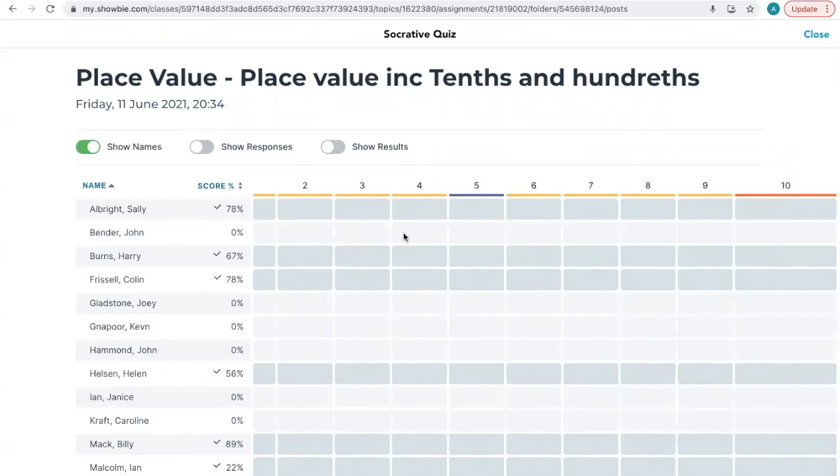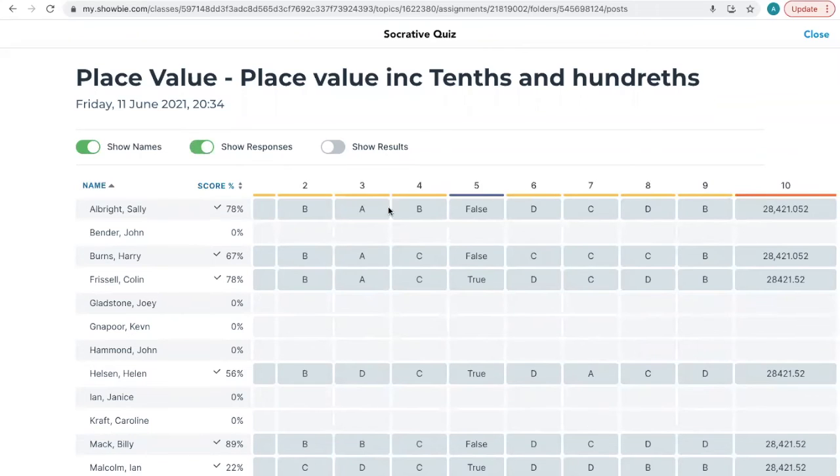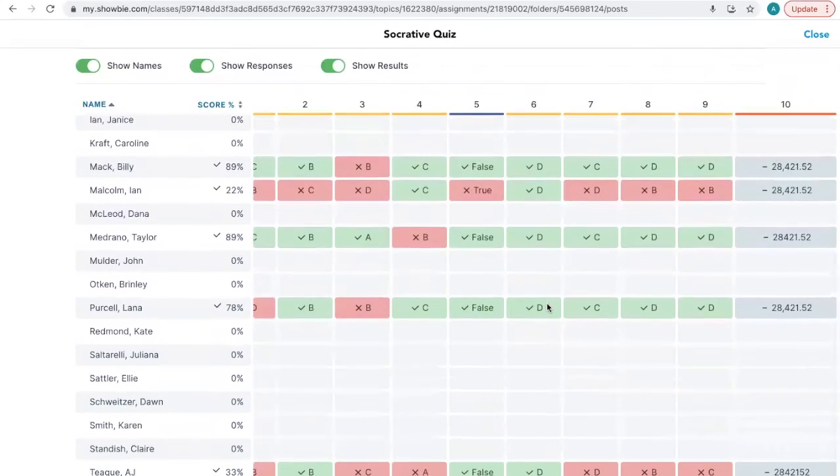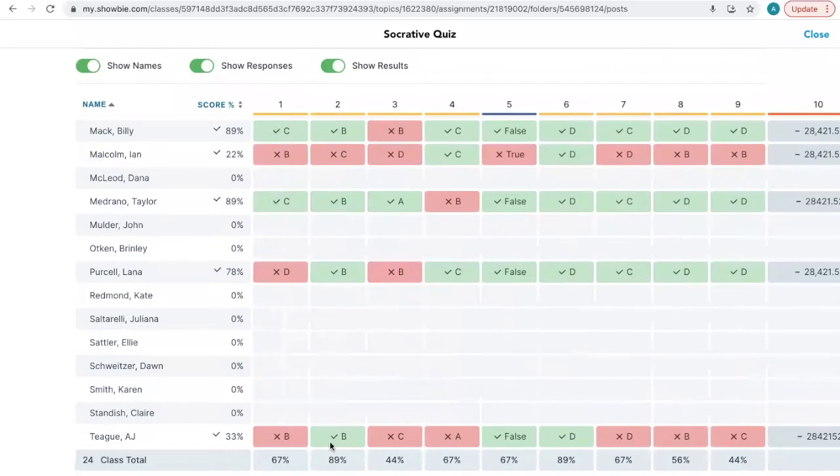But if I wasn't throwing it up on the screen, I could even switch on the responses, so I can see the responses, and I can go a step further and actually see the results as well. What's also really nice here from a teacher perspective is if I scroll down, it's giving me the percentage pass rate for each question. So for example, for question 3, I can see immediately that there's only a 44% pass